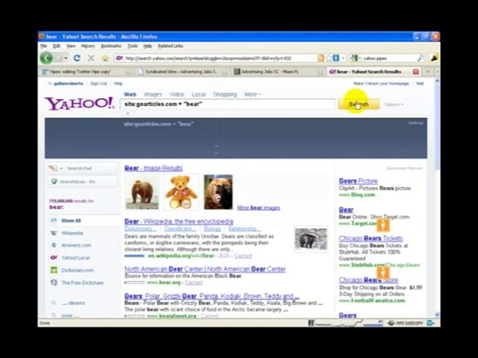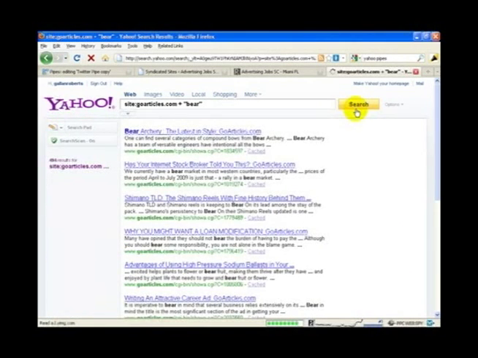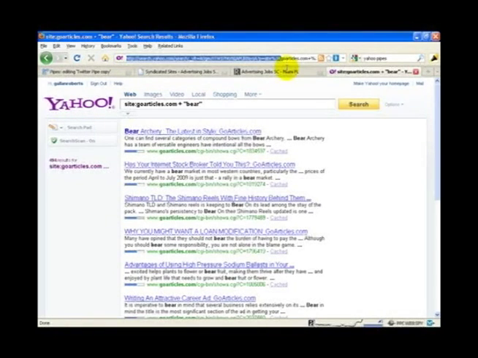So everything that's indexed at goarticles.com. So everything that's indexed at the site, site: goarticles.com, plus sign, and then quotes, your keyword. Everything related to bears on goarticles.com is here. So what you do here is you copy this URL up here, copy that, and paste it